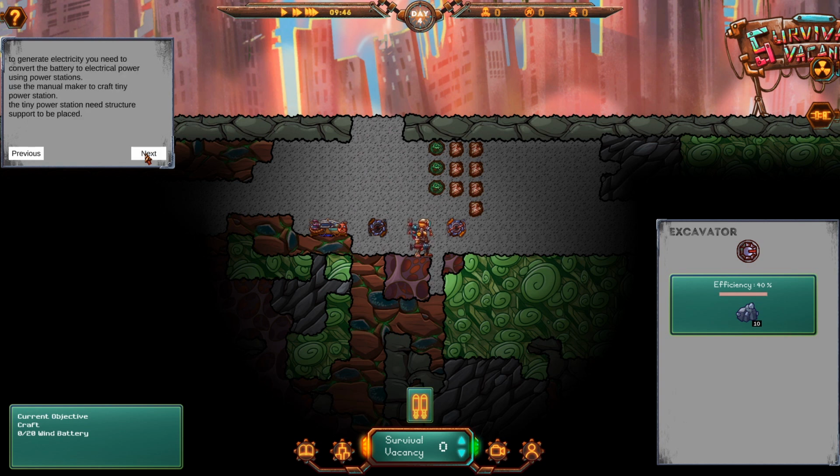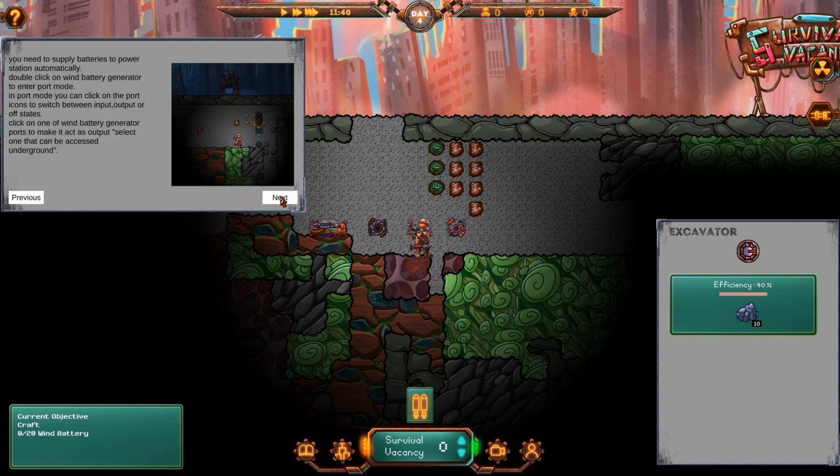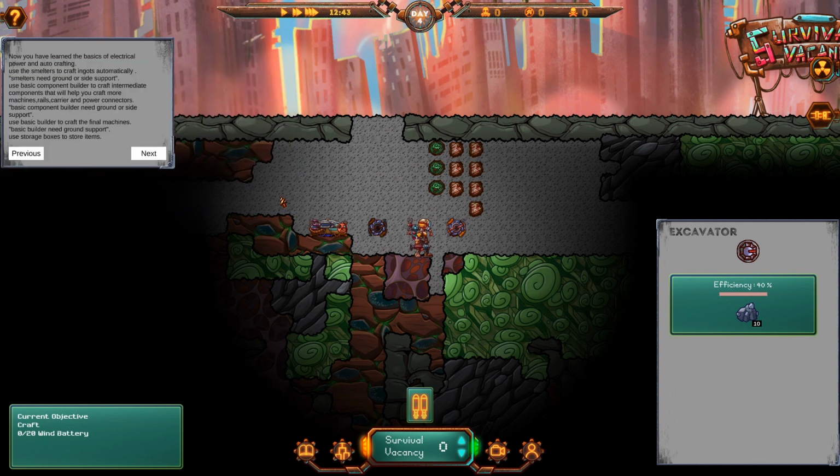You need to convert the batteries to electrical power using power stations. Okay. Craft structure support using the manual maker. Okay, so I need to do that. Place structure support on open underground space, then place power stations on top of it. Okay. Oh, wow. So you pull that to then power the thing. Okay, yeah. Right. Double click the power station, then click on one of the ports. I'm sure I'll need to understand this a bit more. But yeah, I guess this really starts with...